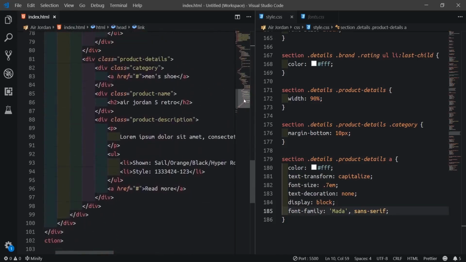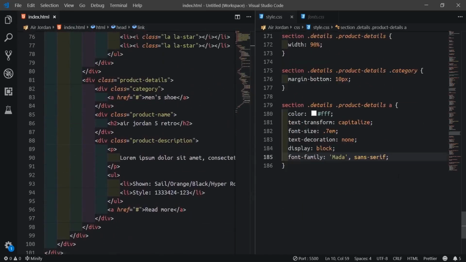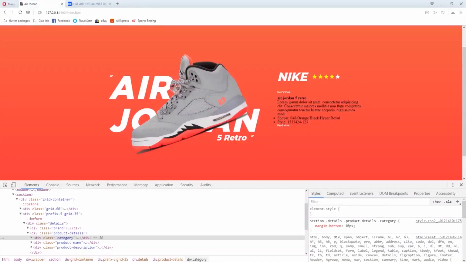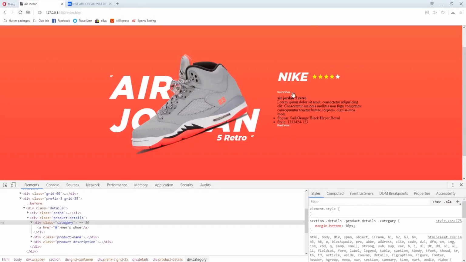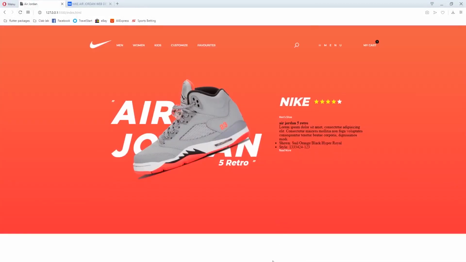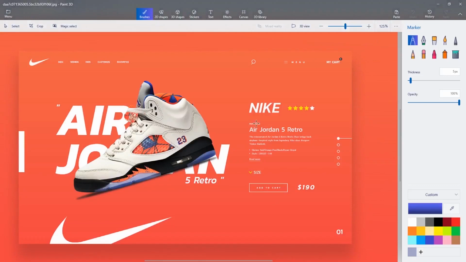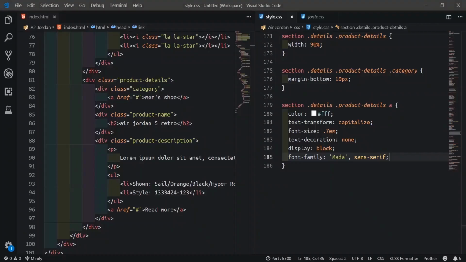So we utilize it now. Just to see if things change, I'll go back to my browser, refresh. You see it? It does affect it. This thing's small, but we follow the way the designer did it here. The guy designed it so, so it's not our fault, the way he did it.